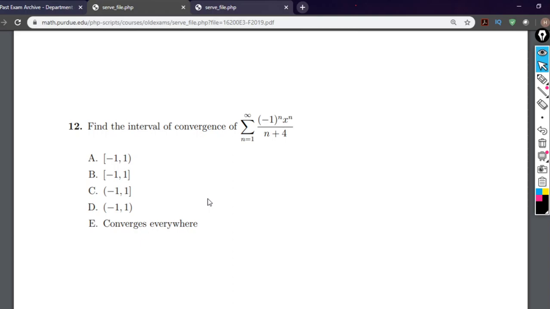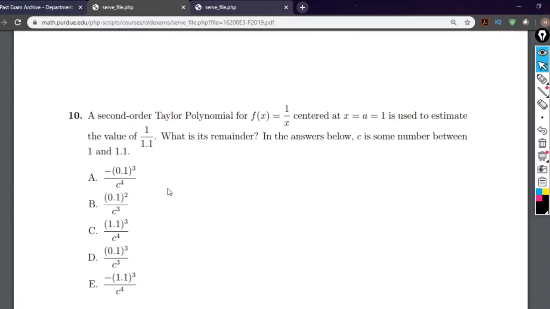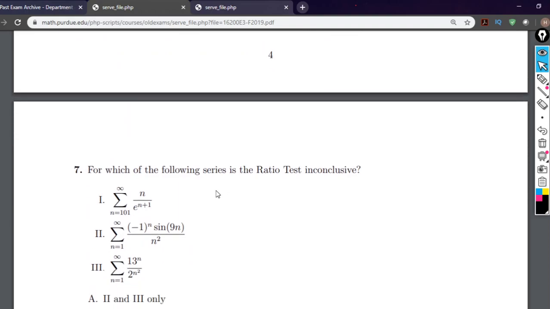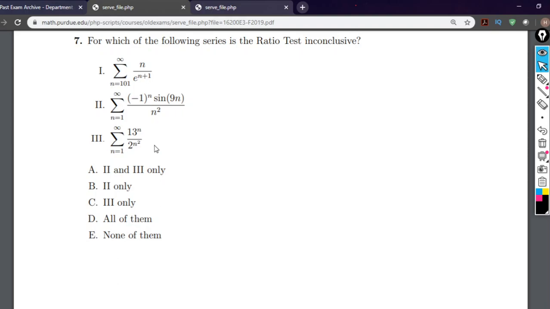If that's inconclusive, you can try to use the ratio test, just as we used in this video a lot. So ratio test, root test is for situations like this, would be really good for root tests. And then sometimes you will find the ratio test is inconclusive, like here, but usually ratio test doesn't really work